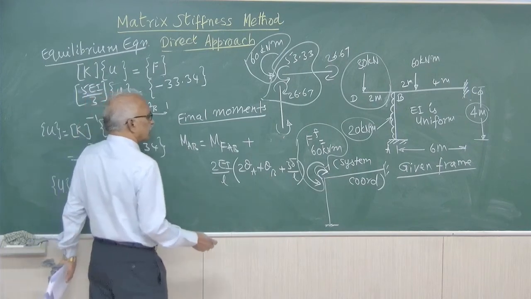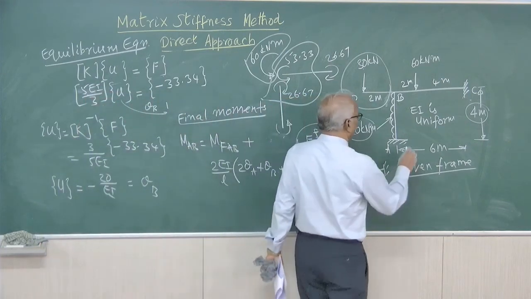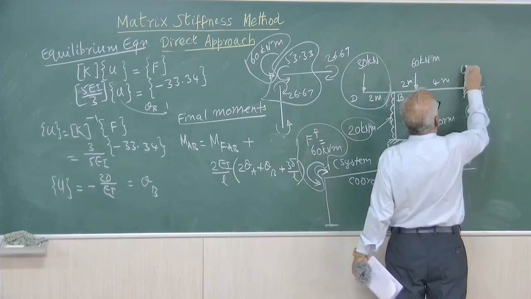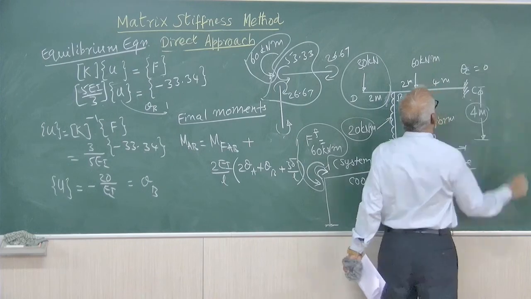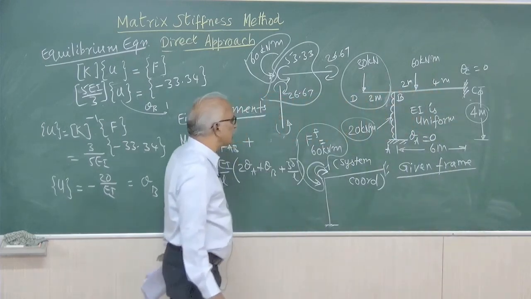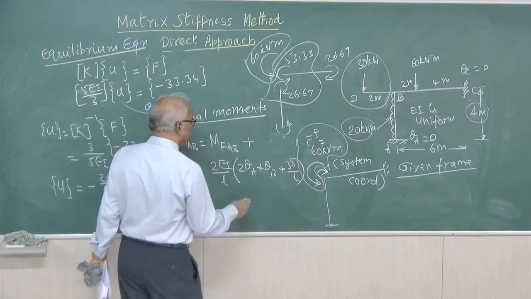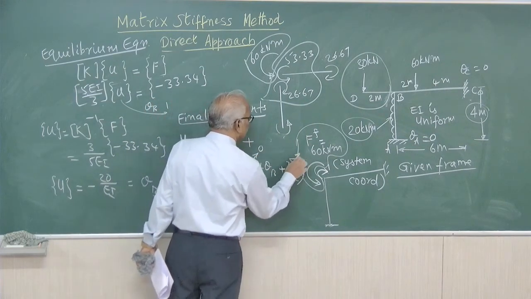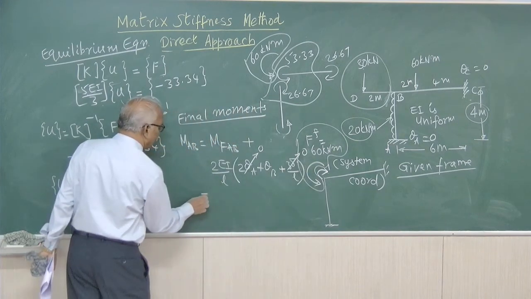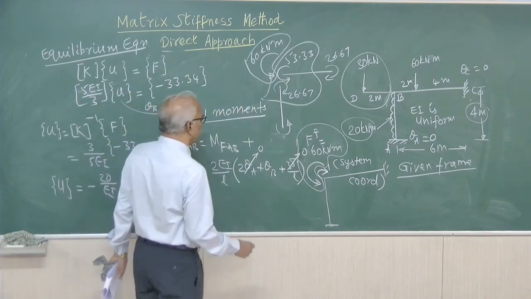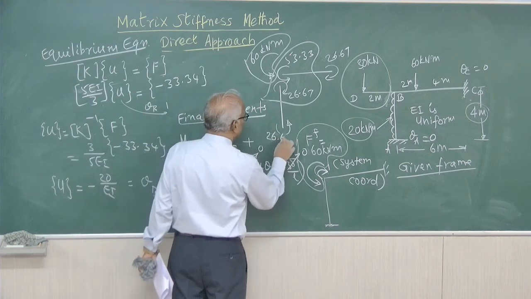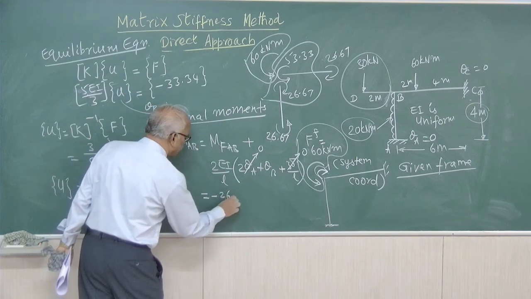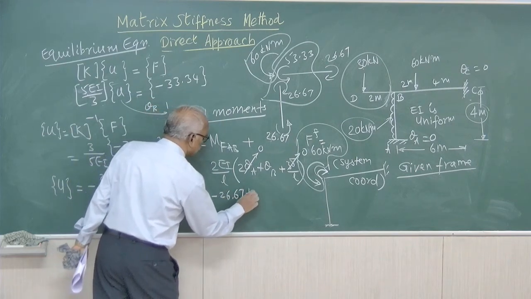Now here theta A equals 0, and theta C, both being fixed, is also equal to 0. No mention about delta, therefore delta is also equal to 0. So theta A is 0, delta is 0, therefore MAB equals minus 26.67 plus 2EI